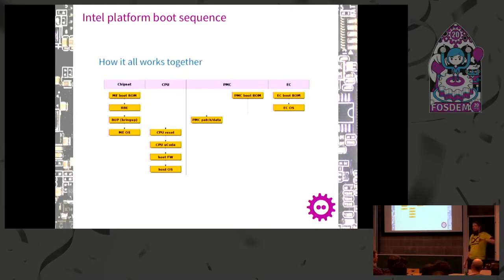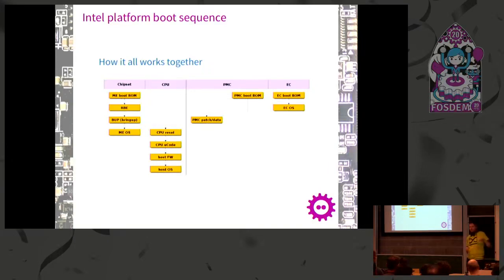If all that is done, the CPU reset vector is actually triggered, from what I know. It can be slightly different on some platforms. Some people thought it might be that the CPU is just on hold all the time and then released at this point. Now the CPU can start, it can load microcode updates, and it can keep running the entire boot process, like what we know from all the other firmware initialization we just heard about, like what coreboot is doing or what your vendor's UEFI is doing.